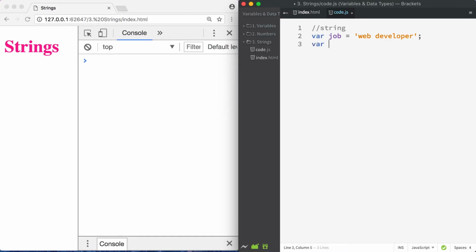Let's define another one. This is another string, okay? But instead of single quotes, you can choose to have double quotes. Okay. So now